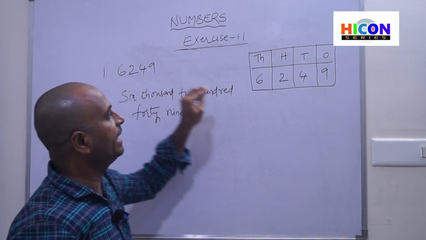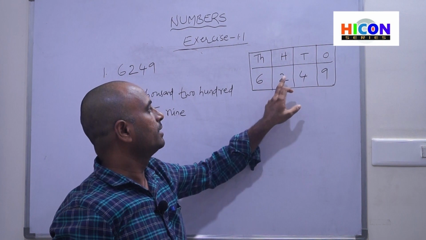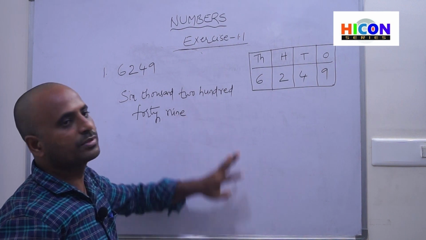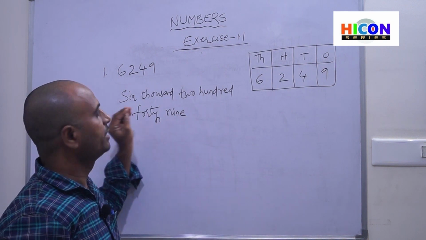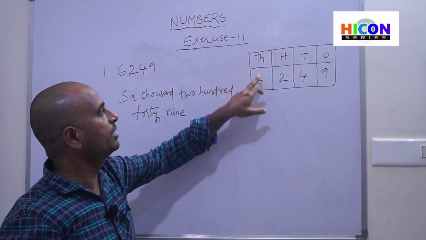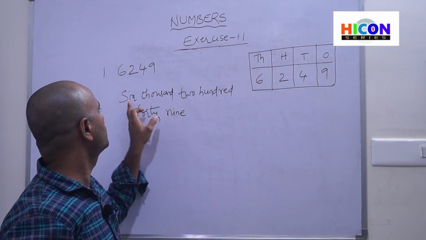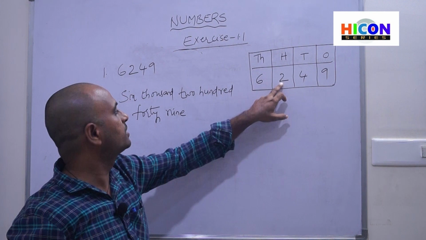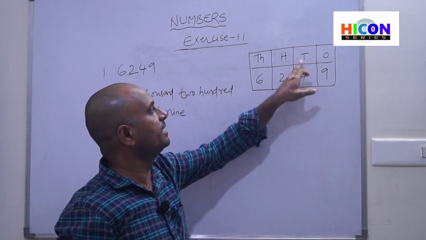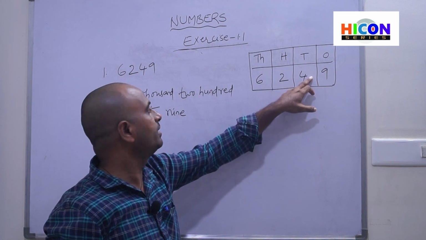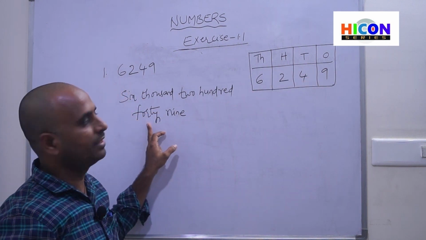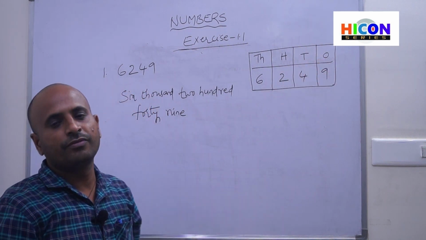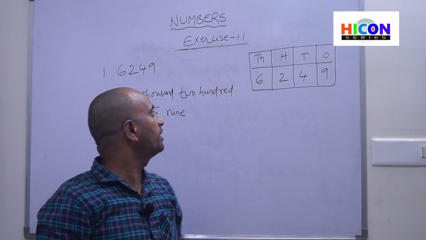So first we have to write the places for every digit for the given number, and again write the words, then it will become the number name. So we just have to write it in words. 6 is present in 1000s place, so it becomes 6000, write that in words. And 2 is present in hundreds place, and write in words 200. And 4 is present in tens, it becomes 40, and write it in words. 9 is present in ones place, it becomes 9. So this is the number name for the given number. So this part is completed.